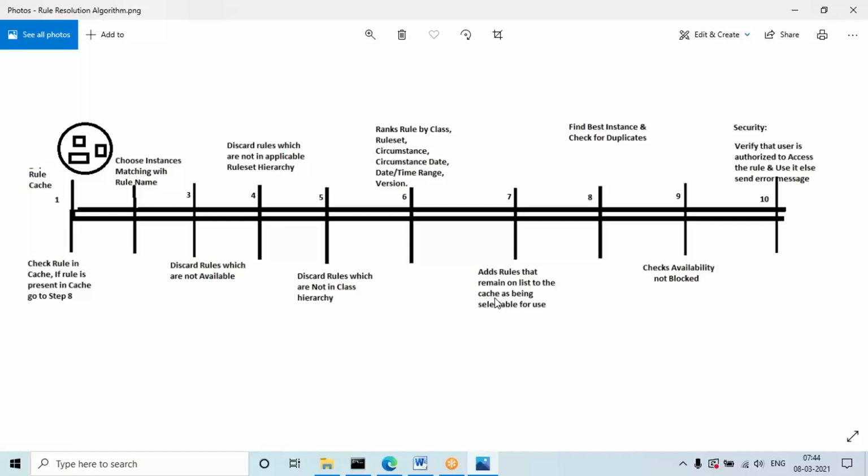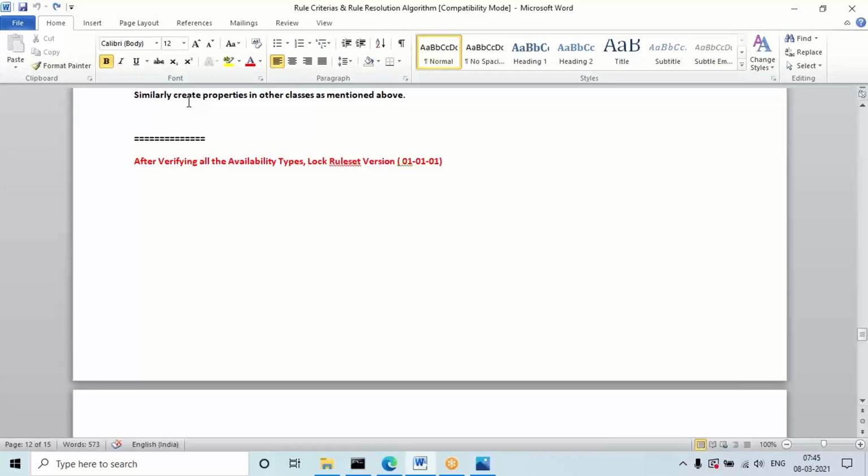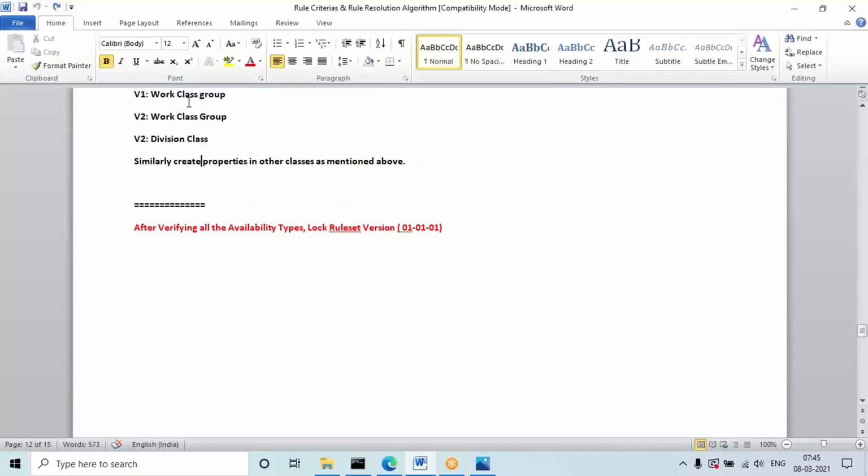So the thing is, here two cases will apply. If the rule is picked from the rule based table, which steps will be executed? Step 1 to step 7 will be executed, and after step 7 the rule will be added to the cache again, and after it is added to the cache, then steps 8, 9 and 10 will be executed. So the sequence 1 will be like this.